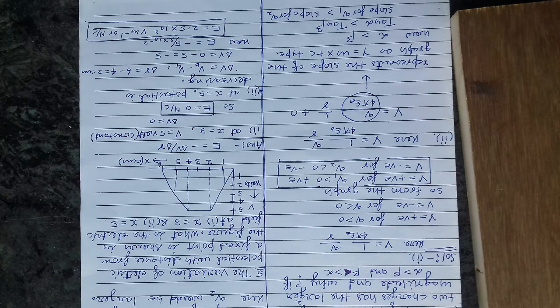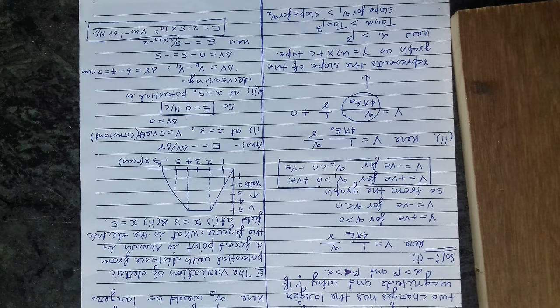Now, second point, at x is equal to 5, you see the potential is decreasing in nature. Okay, so we have the potential decreasing from x is equal to 4 to x is equal to 6, having value V is equal to 5 volt to V is equal to 0 volt. Okay, so del V is equal to V6 minus V4, where V6 is 0 and V4 is 5. So del V is 0 minus 5 gives you minus 5, and del R is 6 minus 4, which is 2 centimeters.